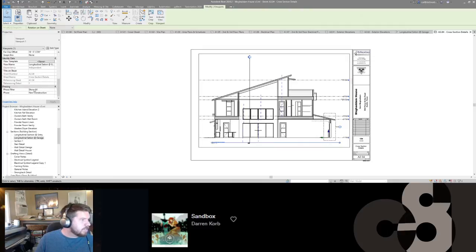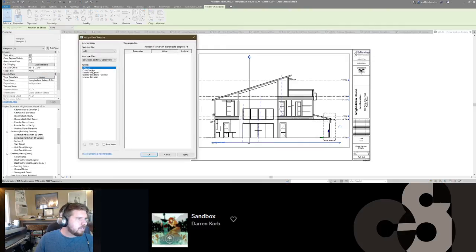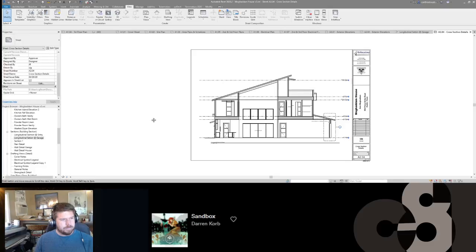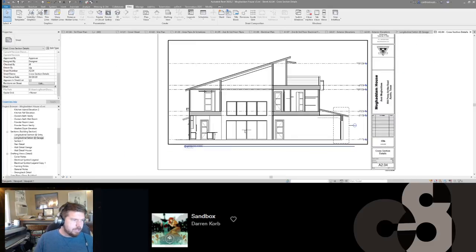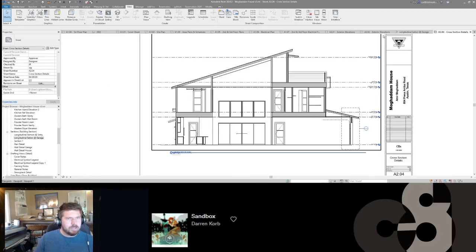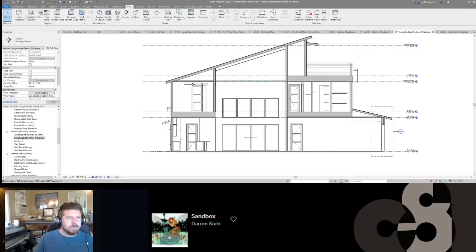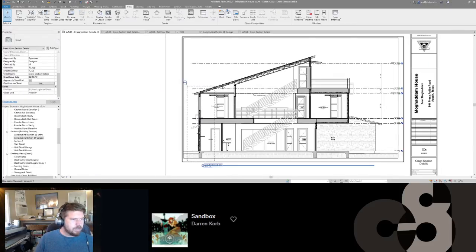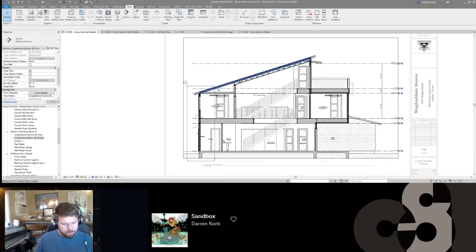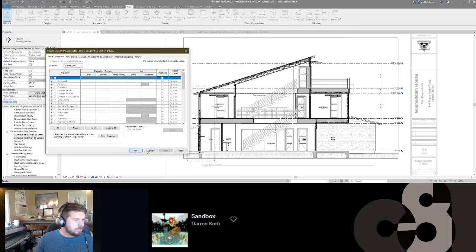Let's see, we'll go ahead and make this a cross section. Make sure all the doors look good. And then I can actually, so from this other view, let's go ahead and close all these other ones that I'm not needing anymore. Let's see here, cross-section details. So now I can come in here and if we just turn off the model,